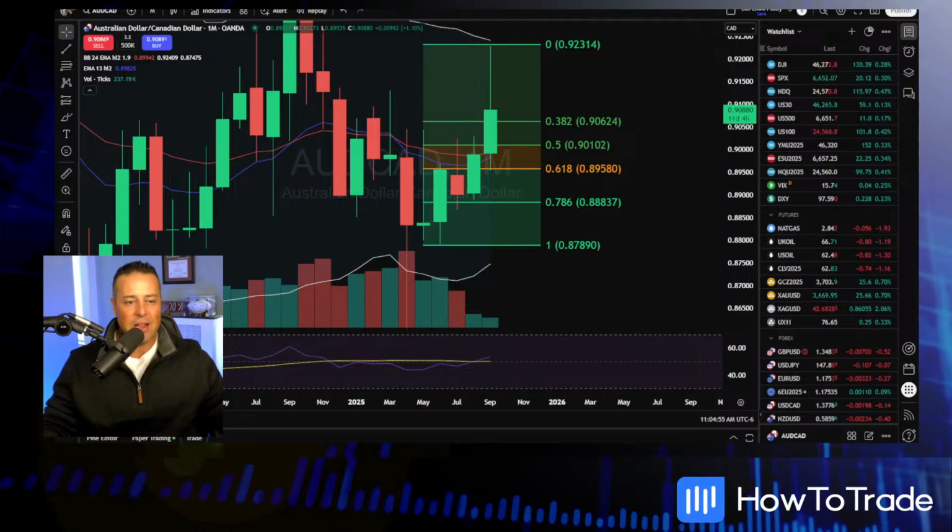Let's take a look at your analysis and some other time frames. Okay, Andrea, the Aussie CAD is trending lower on the weekly towards the 62% with the 13 EMA and the weekly trend line as downside support. Can you take a look? Absolutely. So let's pull up the weekly time frame here.